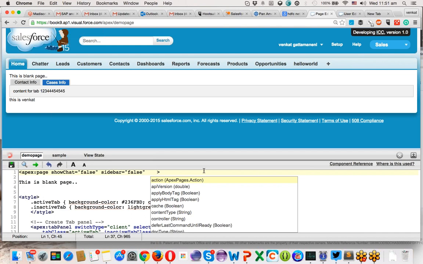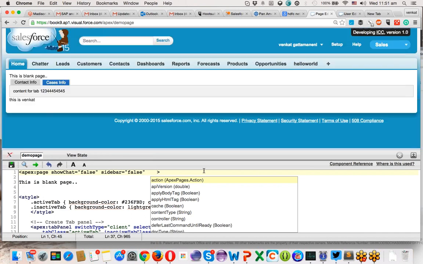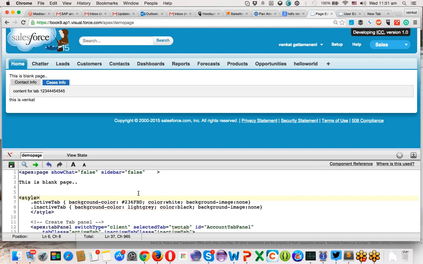So now you know how to create the VF pages. And I want to show you one other tool. This is one way of creating a VF page directly from the URL. It's a really very quick way. The other way is,